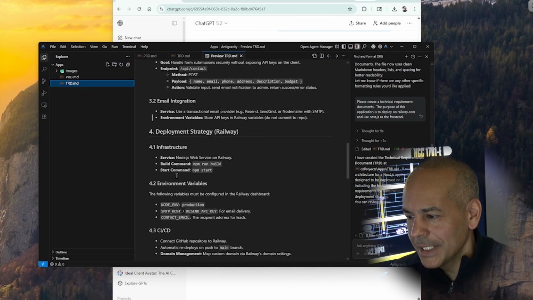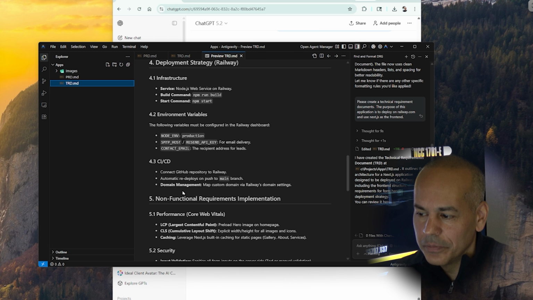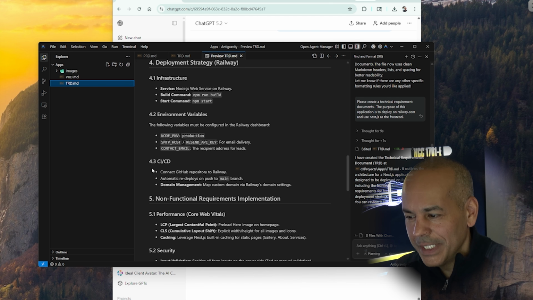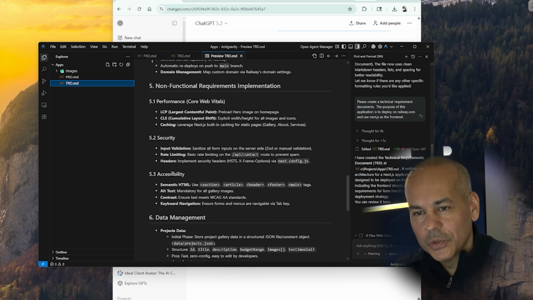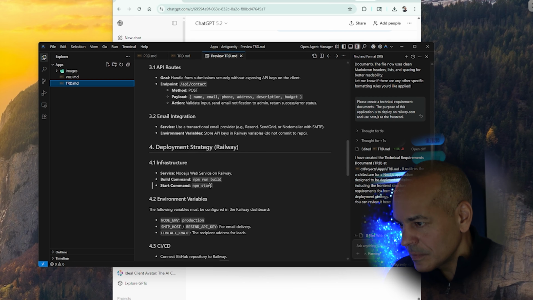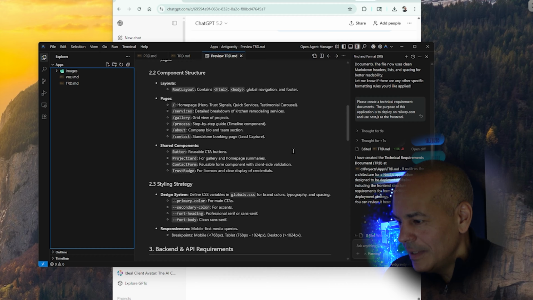So look, this looks like the architecture for it. We're going to use CI/CD, which stands for continuous integration, continuous deployment. And this is the best part about that: we can basically make changes here and they'll automatically deploy to the website without you doing much. So once your website is built, it's super awesome to maintain. Okay, so now that we have that,